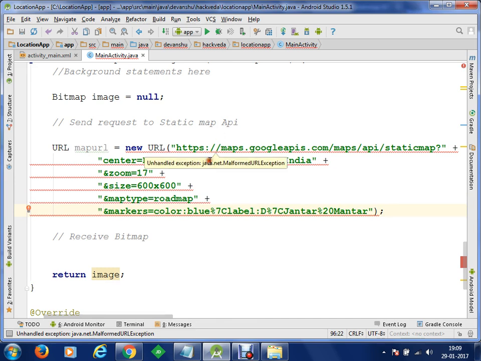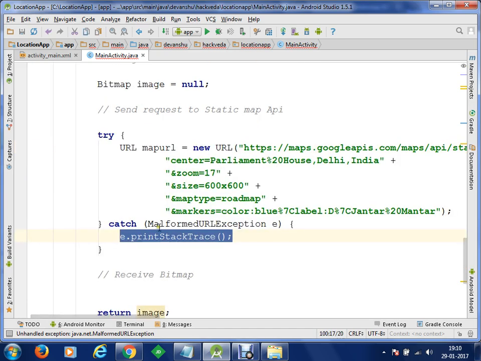First of all, I would like to add a malformed URL exception, because in case my URL is malformed, I'm going to get some fake values. So I'm going to handle that exception. Let's press alt enter and surround this with try catch.